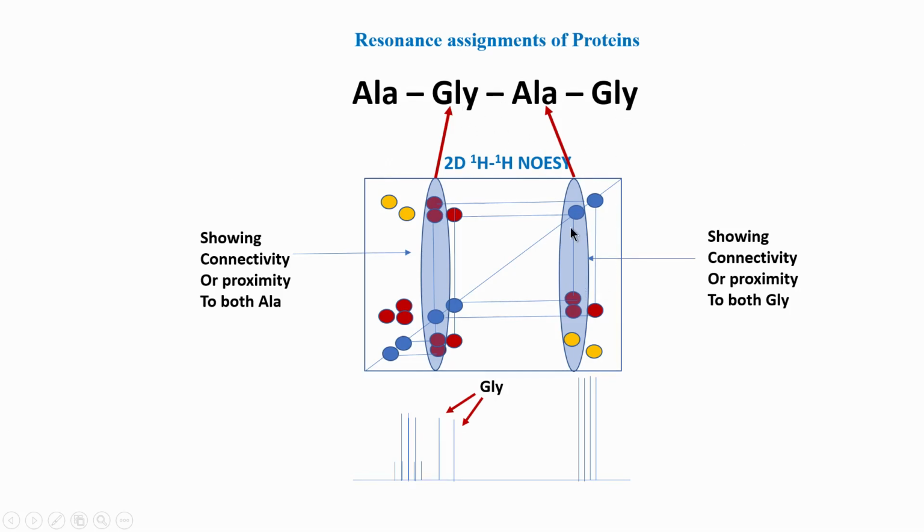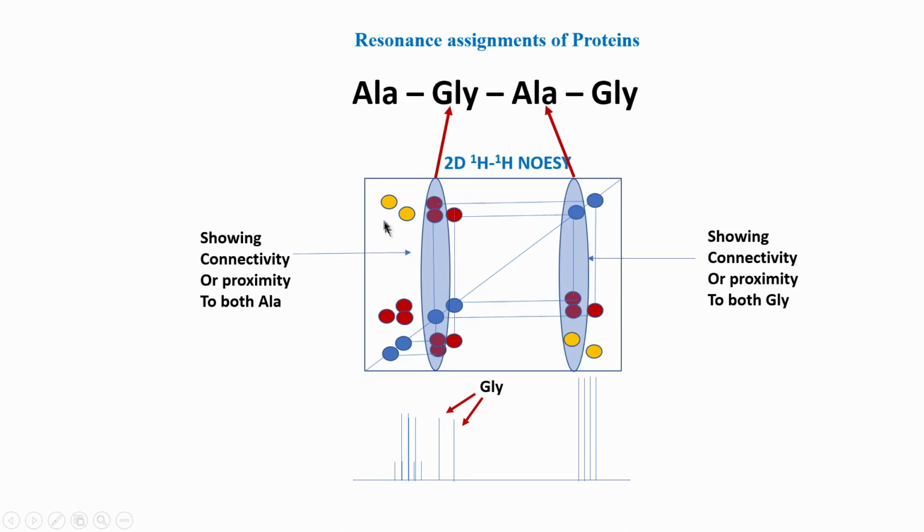So, the H beta of this alanine is having a NOESY cross peak with this H alpha of this glycine, and this H beta of this alanine is having a cross peak to the H alpha of this glycine also, because they are equally close. So, this is how we can clearly say which alanine this peak is. Here again we had two alanines, I mean there are doublets for each alanine, so we do not know which alanine doublet is which. Now, I can say this left side doublet is clearly the alanine number 3.